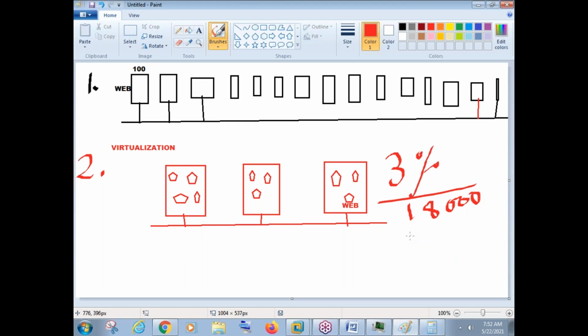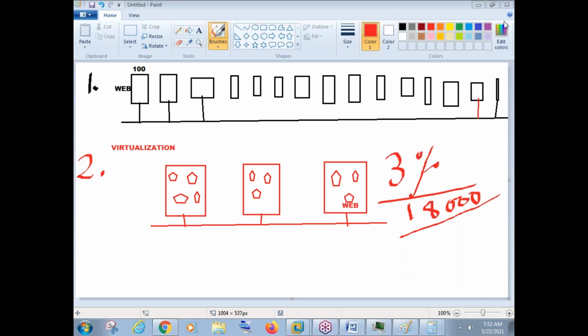Instead of spending $400,000, we have spent only $1,800. So see how much money we have saved here. So this concept is called the virtualization concept. Got it? One is a physical setup, one is a virtual setup.